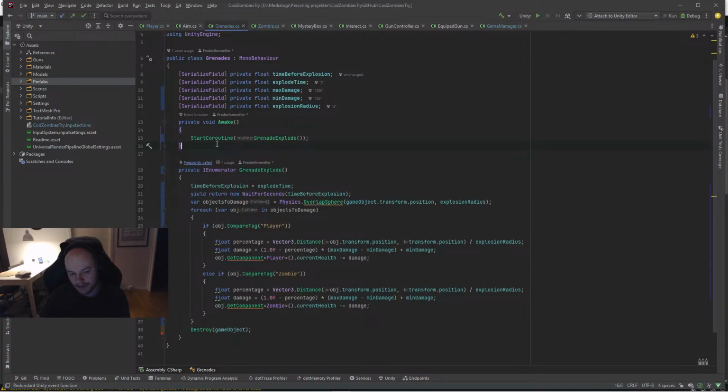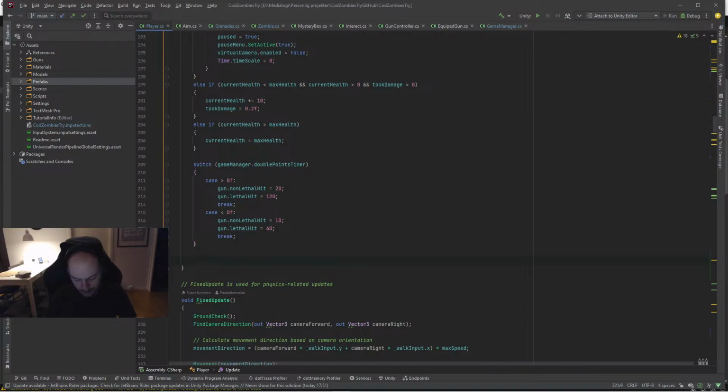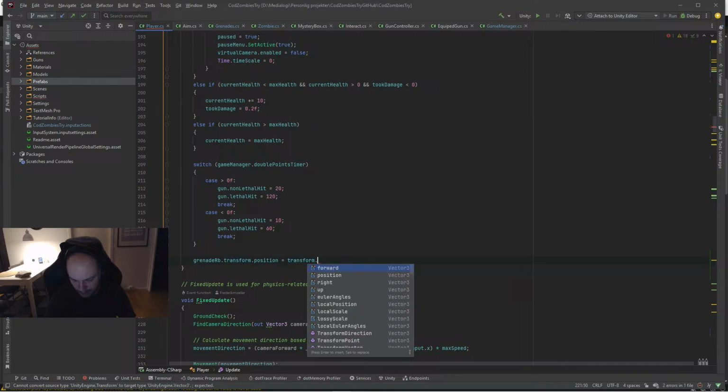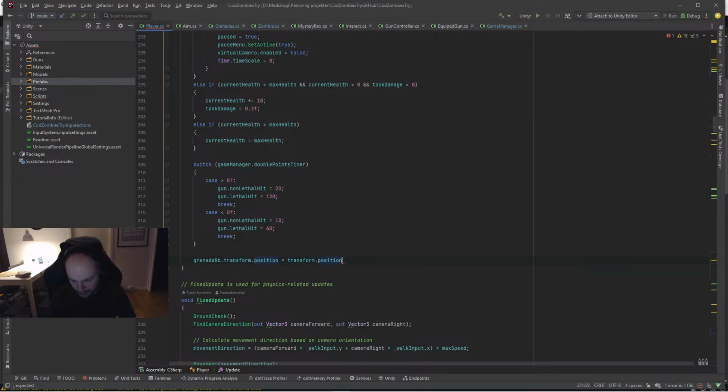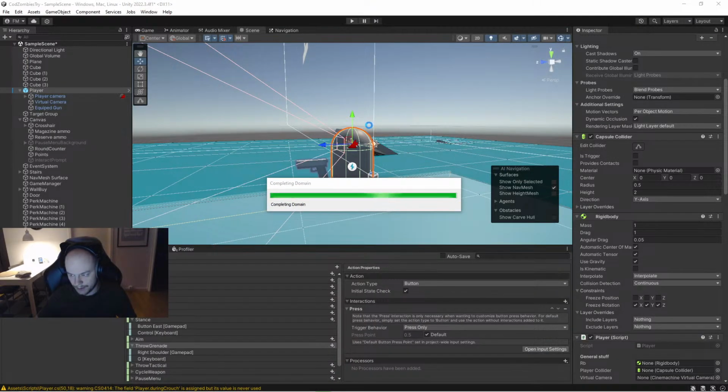So I think here I just say grenade rigid body dot transform dot position is equal to transform dot position. So now it's on my position, and then whenever I do,